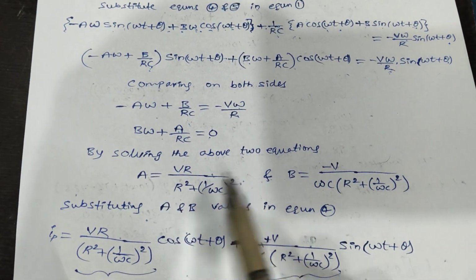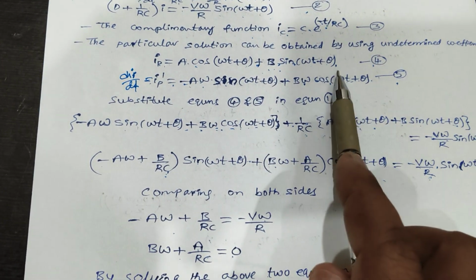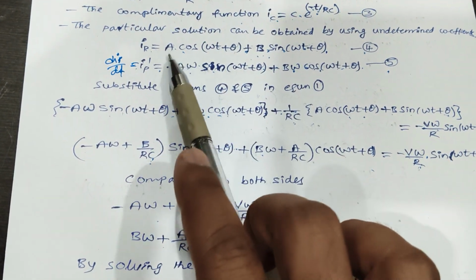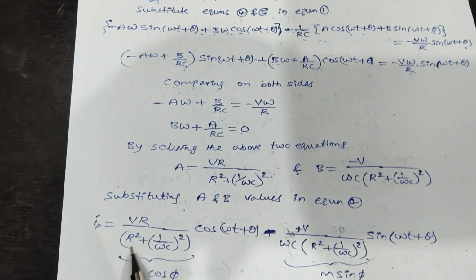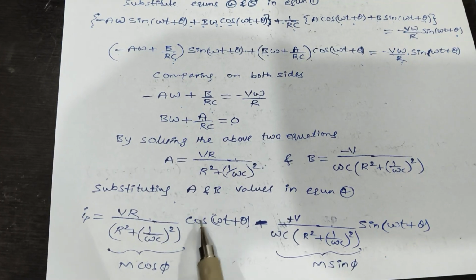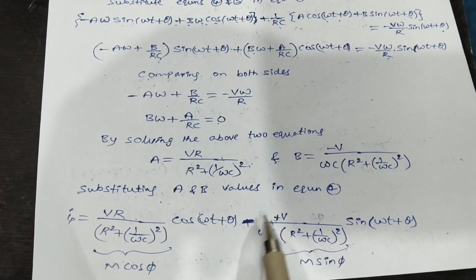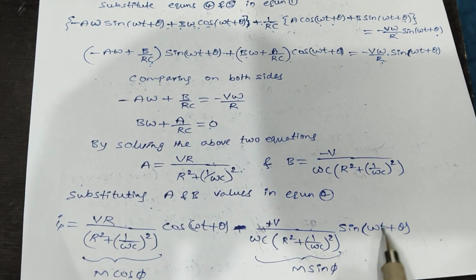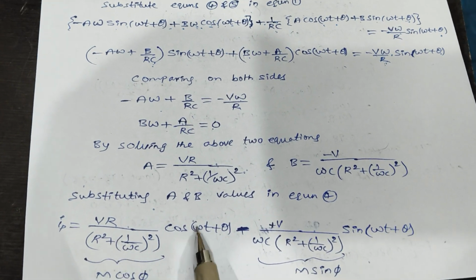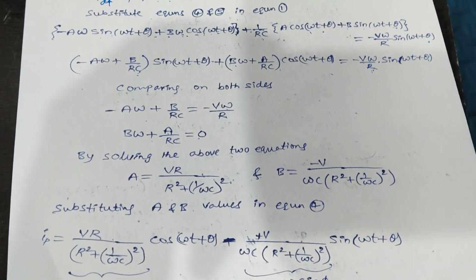By substituting this A and B values in the particular solution, equation 4, IP is equal to A and B values. I am substituting in this equation. I will get VR by R square plus 1 by omega C square into cos omega t plus theta, and as we have minus here, minus V by omega C into R square plus 1 by omega C square into sin omega t plus theta. By assuming this cosine coefficient and sine coefficient as m cos phi and m sin phi, I'll further simplify